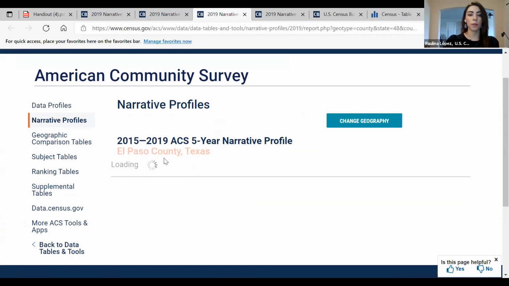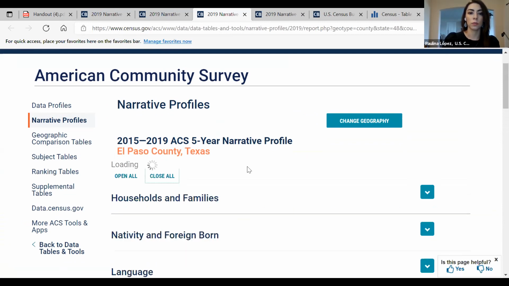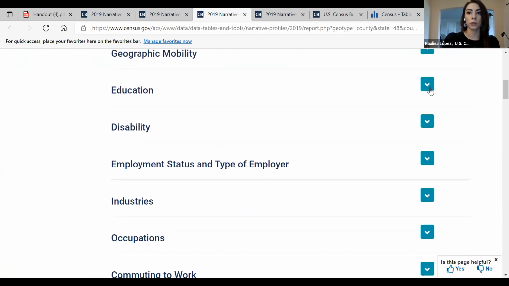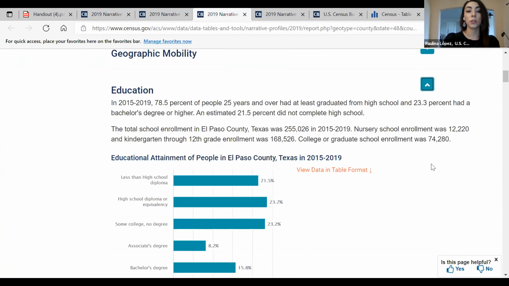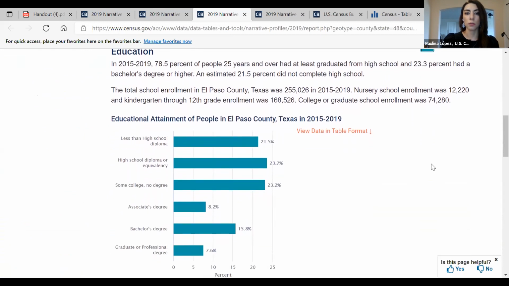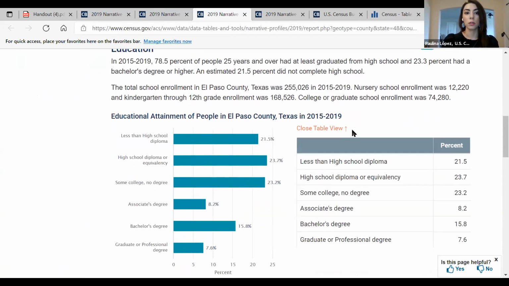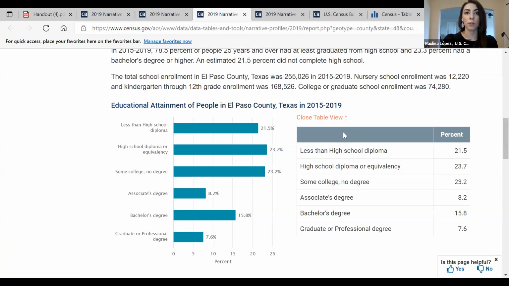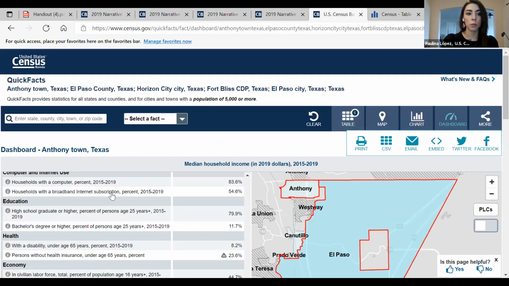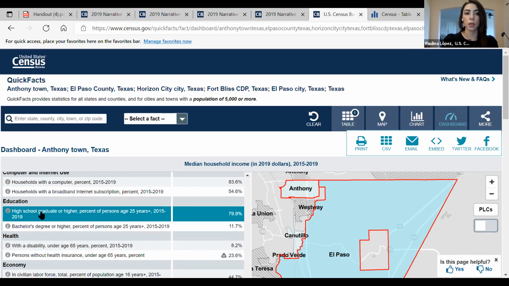I do believe you see a chart on educational attainment as well. Okay, so education, and it's educational attainment. So you see that breakdown. And you can see it in table format as well. On quick facts, let's go back to the table. Again, it's educational attainment, not really literacy.